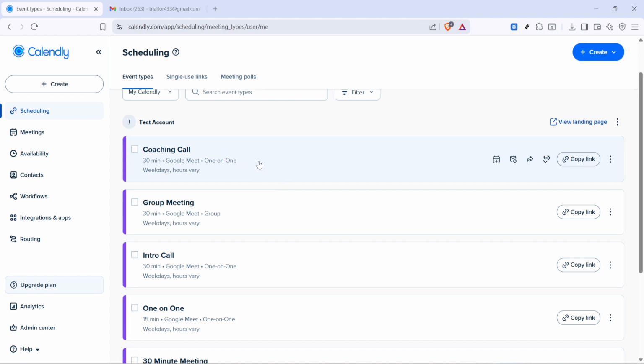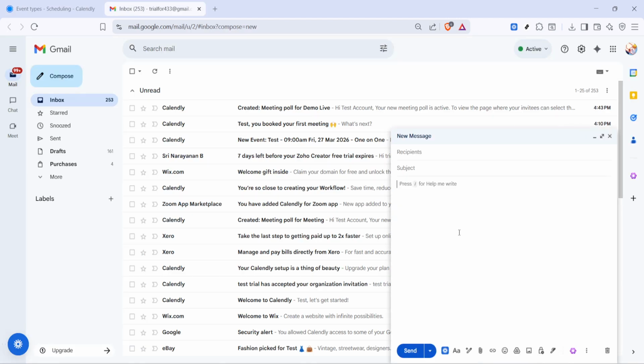any extra steps. If you prefer to let people choose from multiple events, you may also see a main copy link for your overall booking page. Use that one when you want invitees to browse and select from your available meeting types rather than sending them